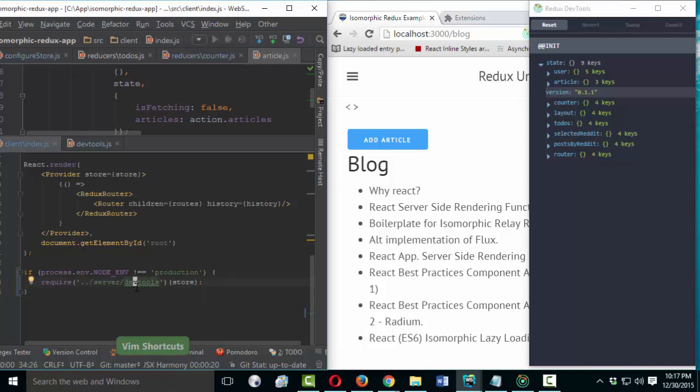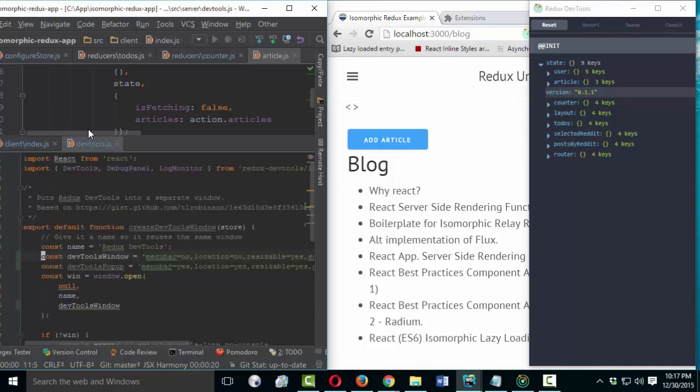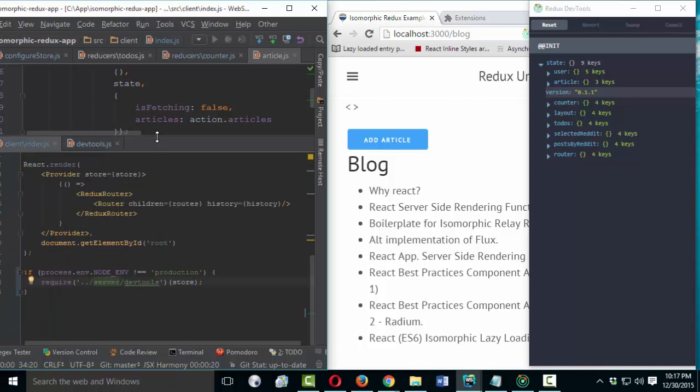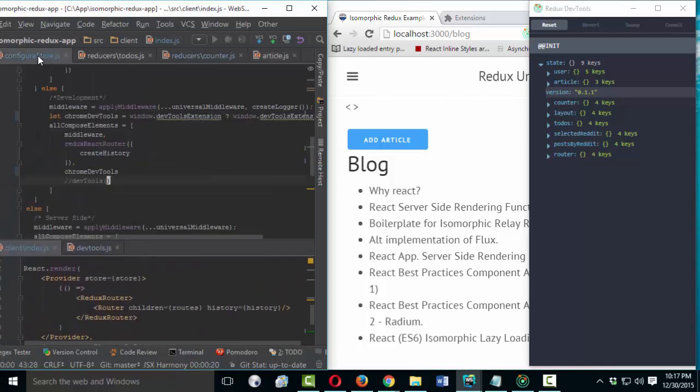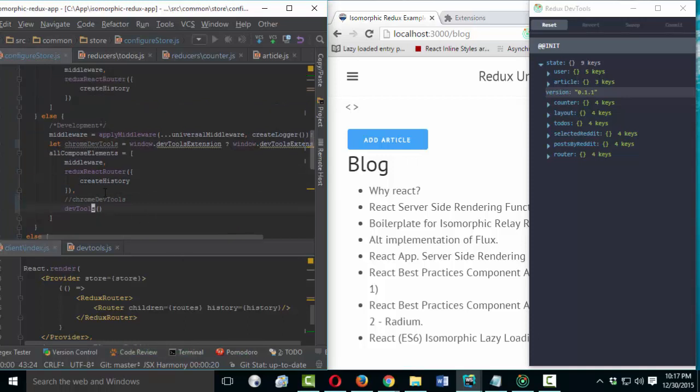We need to require our DevTools from server. Here it is. And then the next step, very important: in configureStore, I need to comment out or remove the DevTools and uncomment it.